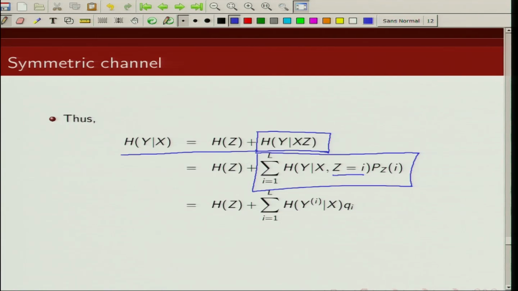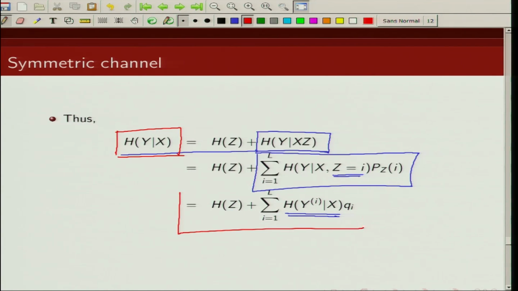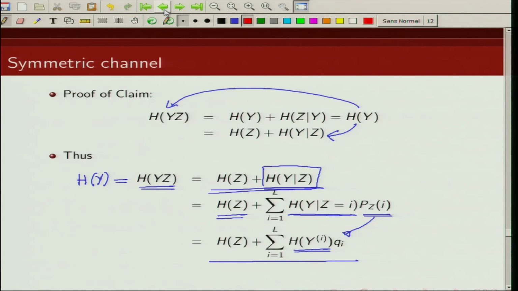Now if I tell you what z is, you know exactly what channel it is. So this can be written as uncertainty in yi given x multiplied by qi. So I have gotten an expression for this, and earlier I got the expression of h of y which was given by this expression,